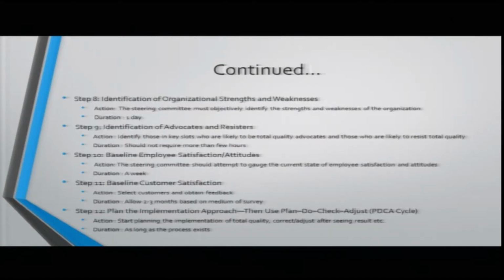In step 8, identify the organization's strengths and weaknesses. In step 9, identify the advocates and who are the resisters. Then baseline employee satisfaction and attitude, which would be step 10. Then baseline customer satisfaction, who are also a part and parcel of the overall cycle, which is step 11. Then plan the implementation approach and use the plan-do-check process, which would be step 12, and basically